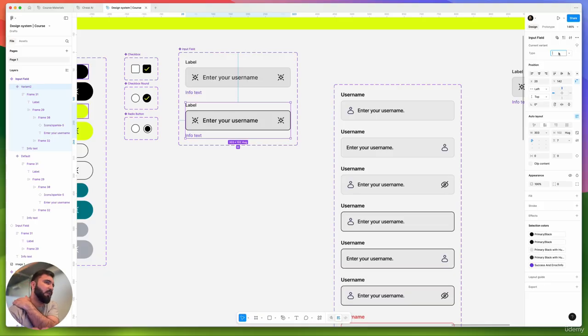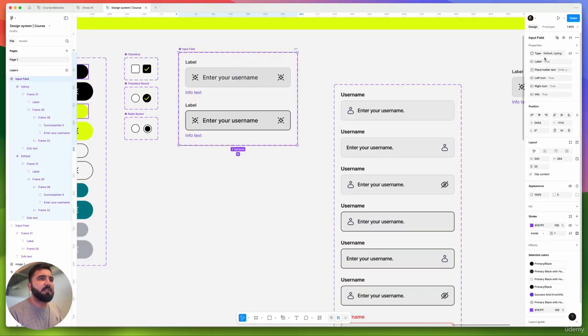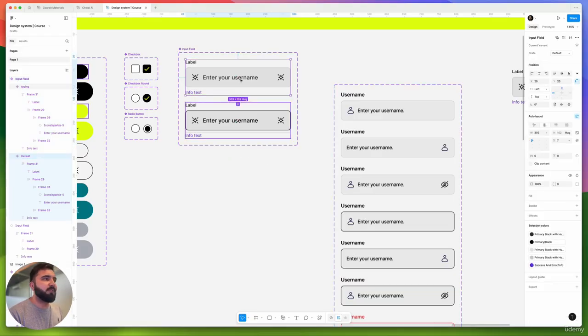Instead of type, we could call it state, and it should be typing state, right? So I will just select this, and you can see what is the type. It should be state. All right, so this is default, this is active. It's fine. All right,